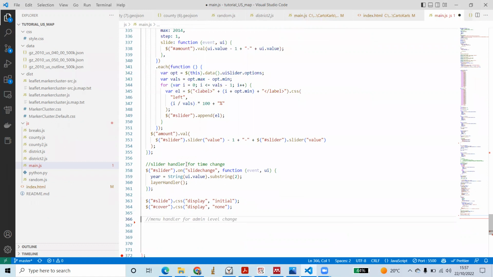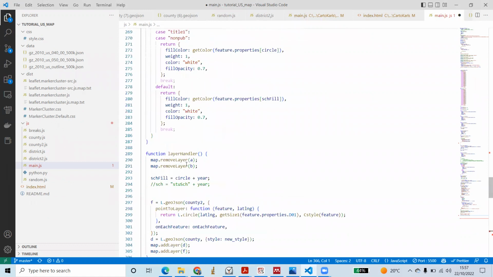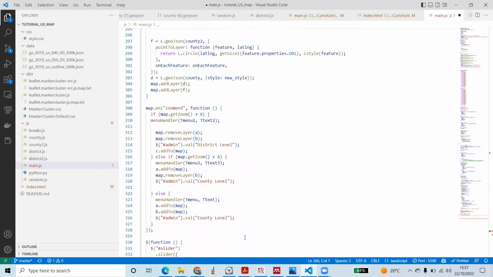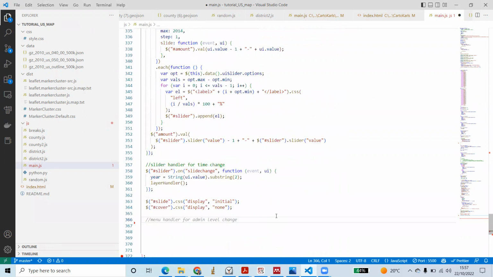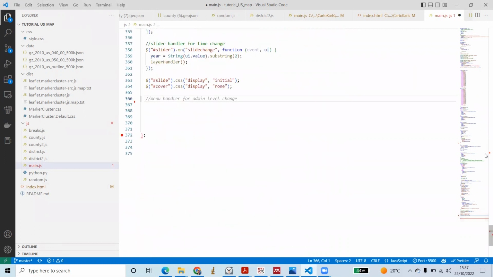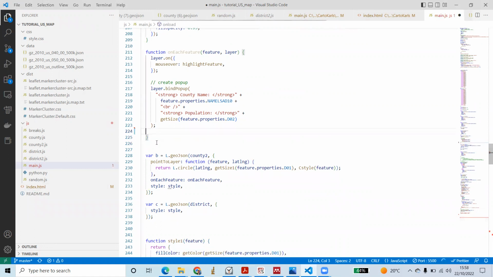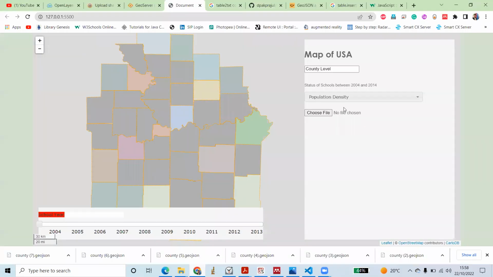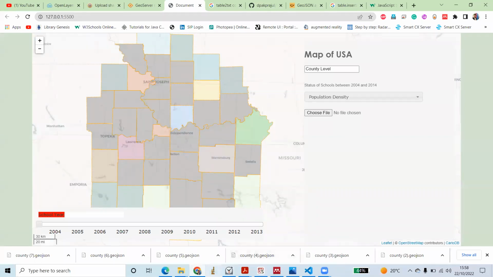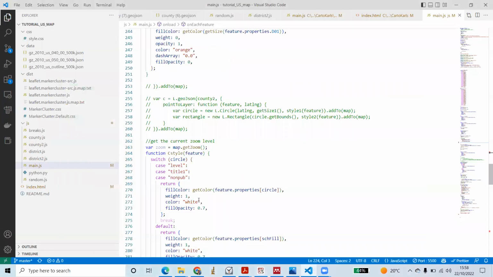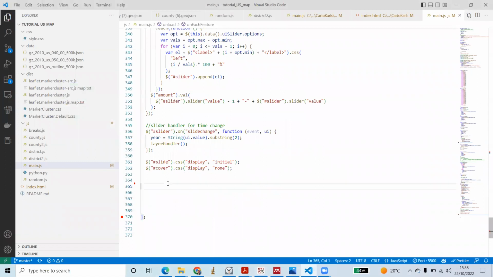I don't know where the problem is. Maybe here is the problem, or there are two brackets which are not necessary. I saved it first, see everything is okay, and then I'll go down and write code for handling